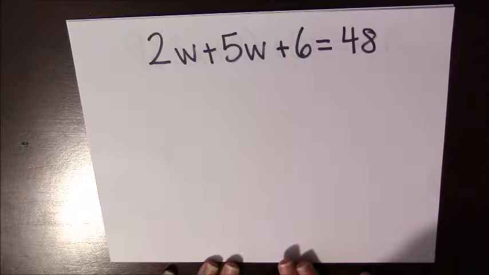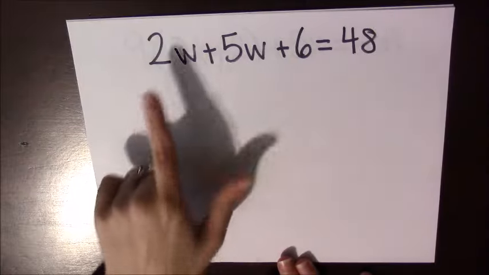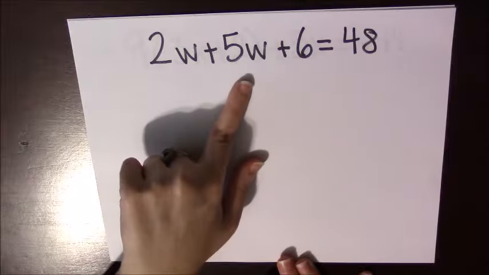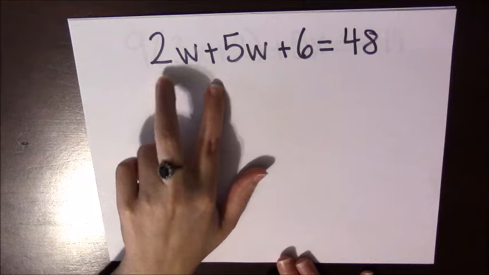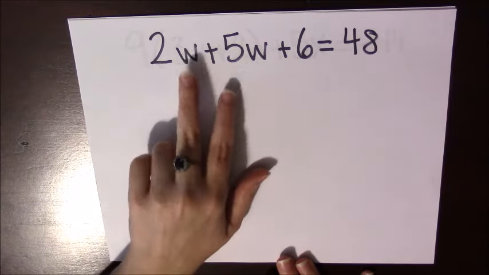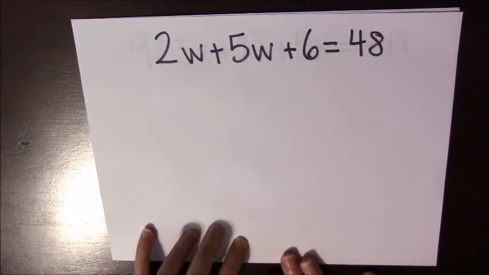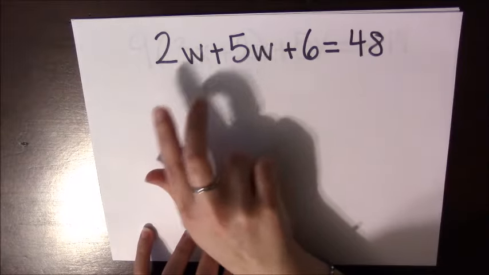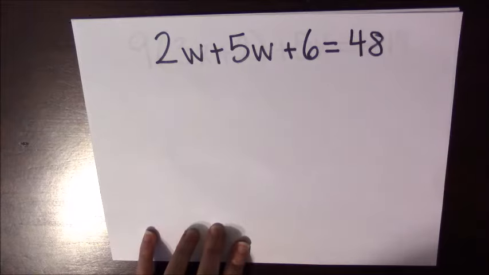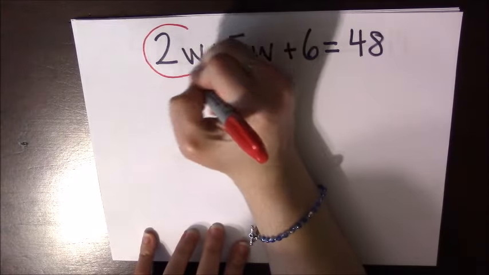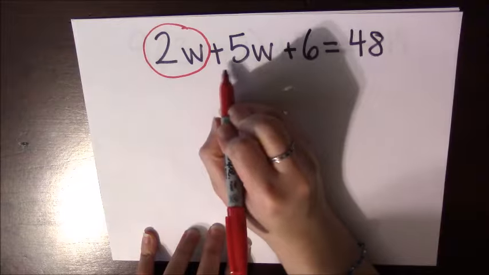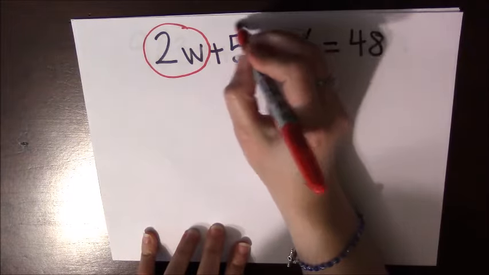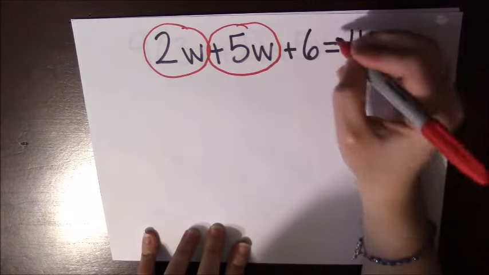If you notice here, I have 2w and 5w. The w's are both the same, and we have coefficients, so that means we can combine these two. These are called like terms. Since they both have w, they are called like terms. So when I go through, I circle my variables and coefficients. I have 2w, and remember, as we've said before, the positive belongs with the 5, so positive 5w, and then I